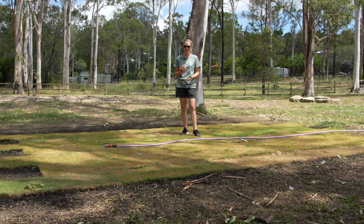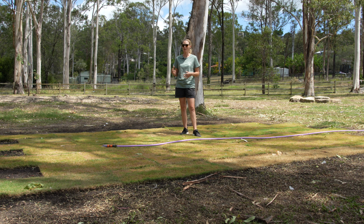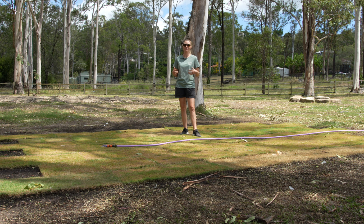Put down some turf starter on this, and I've been asked recently, what is the difference between a turf starter and other fertilizers? Why do you have a spring summer blend and then an autumn winter variant? What should I be looking for? Actually, before I go any further, I'm going to move this grey water hose, because knowing my luck,